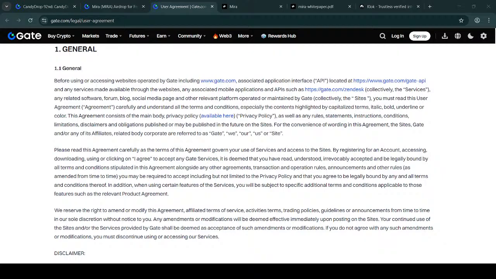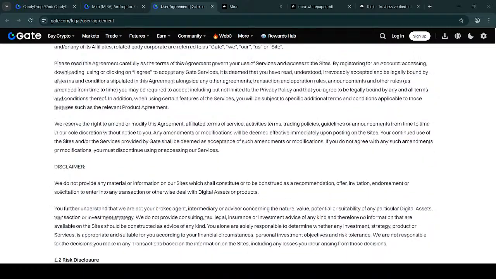So please read this agreement carefully. By using the service, accessing the site, registering an account, and accessing and downloading the service, and clicking on I agree, you accept and confirm that you have read and understood this agreement and irrevocably accept and are legally bound by all terms and conditions